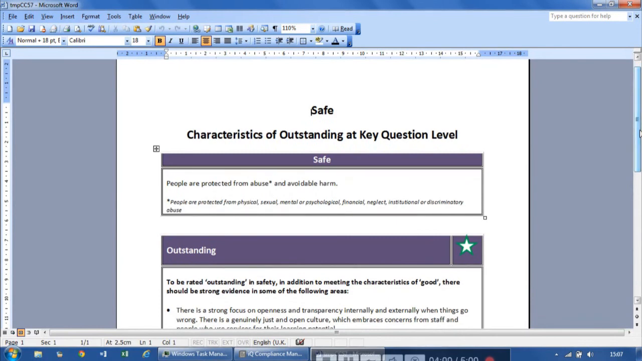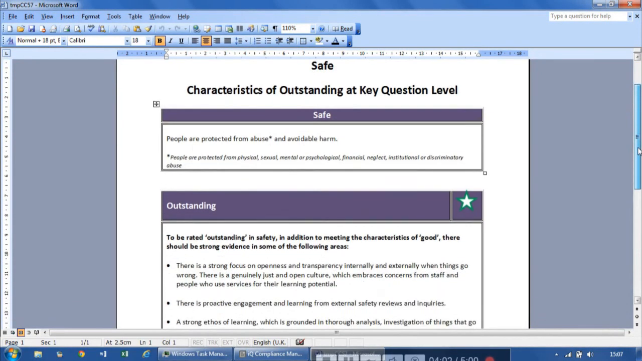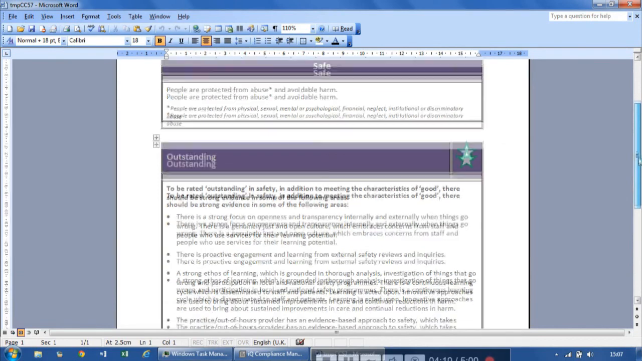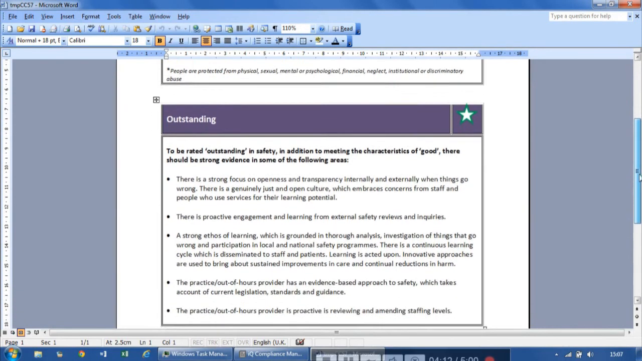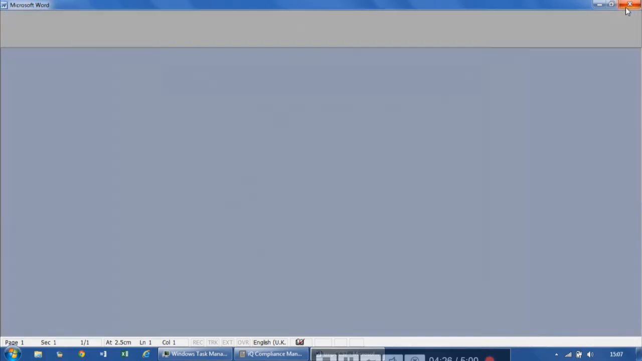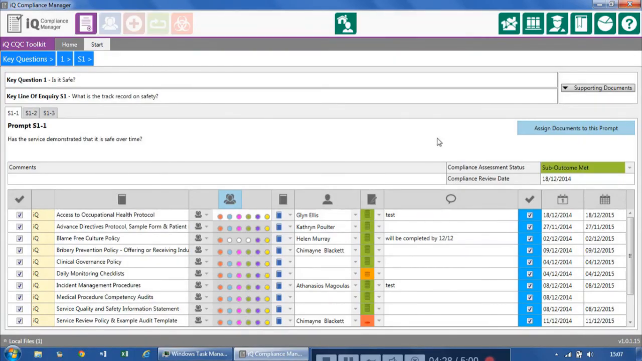So the characteristics of outstanding at the key question level. It gives you a definition of what the key question is and what it means. And it will also give you a definition of what outstanding should look like for each practice. So to be rated outstanding in safety, in addition to meeting the characteristics of good, and it will list the CQC based criteria in that document. When you finish reading it, simply close the document down and you'll be returned to this